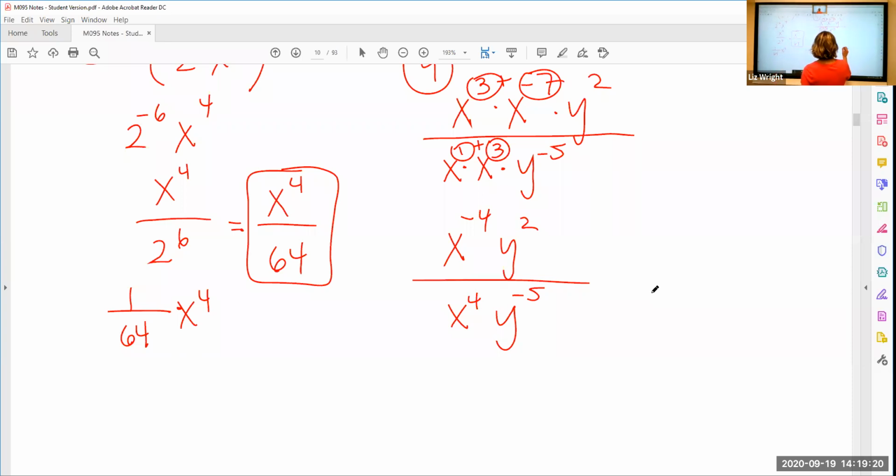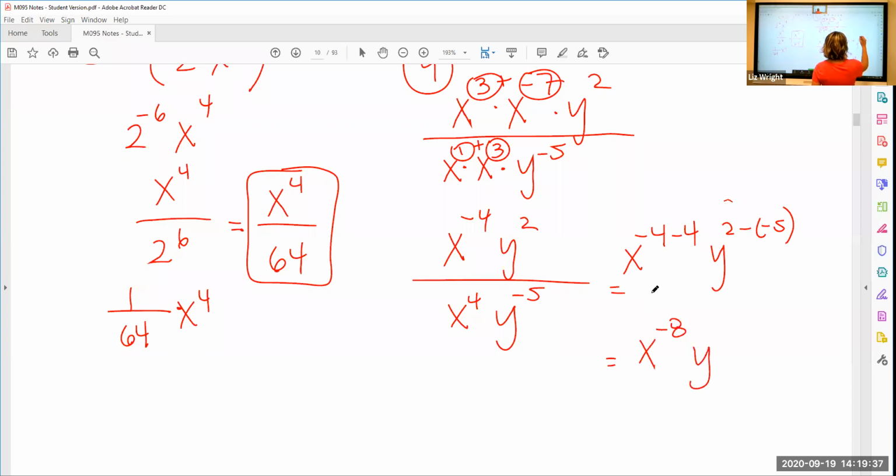And so if I'm bringing everything up, then it's going to be x to the -4th minus 4. And then it's going to be y squared minus a -5. And then at this point, we've got x to the -8. And y, this ends up being a 2 plus a 5, because minus the negative is going to give us 7. And then you can say, okay, well, if I'm also supposed to express my answer with a positive exponent, the x is going to go back down to the denominator. So this could also be written as y to the 7th all over